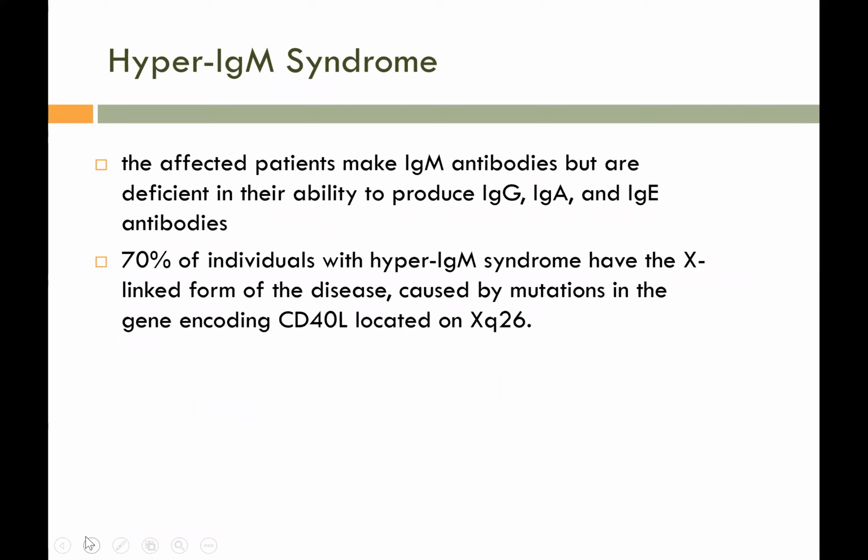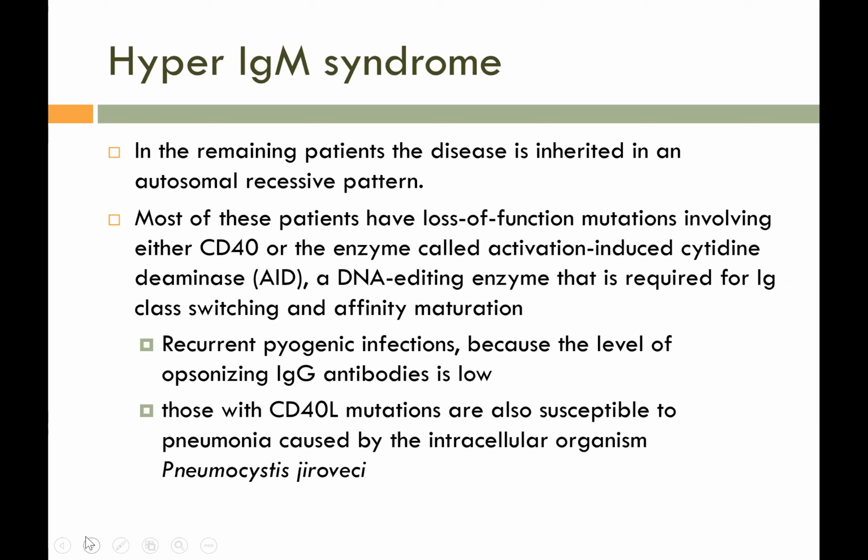So again, this is correct. This is IgM, hyper-IgM. So the deficiency, as I have corrected a while ago, should be IgA, IgG, and IgE. I was talking about CD40L as well. So again, it is emphasized here: X-linked mutation in CD40. As I have said, IgM, CD40, and the common organism would be Pneumocystis.